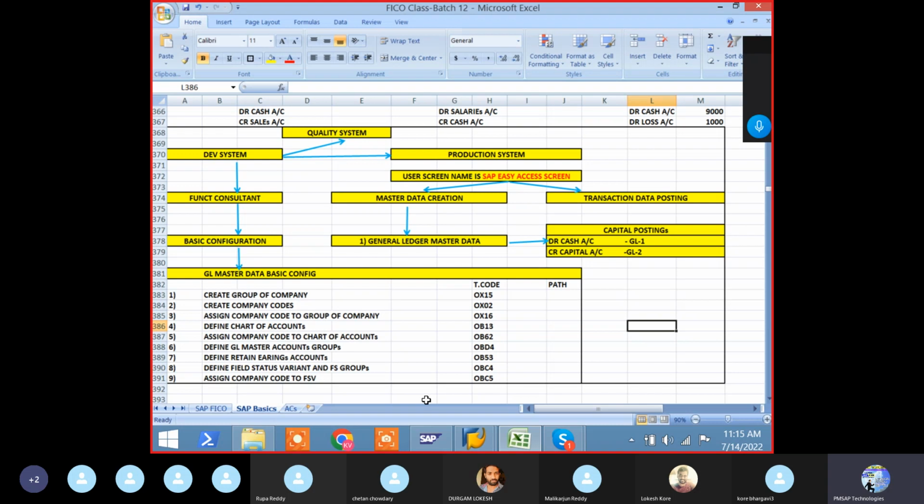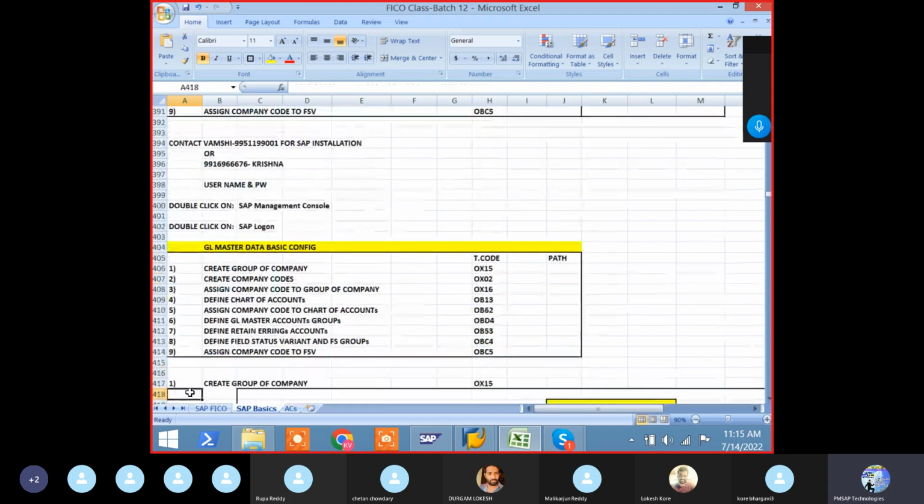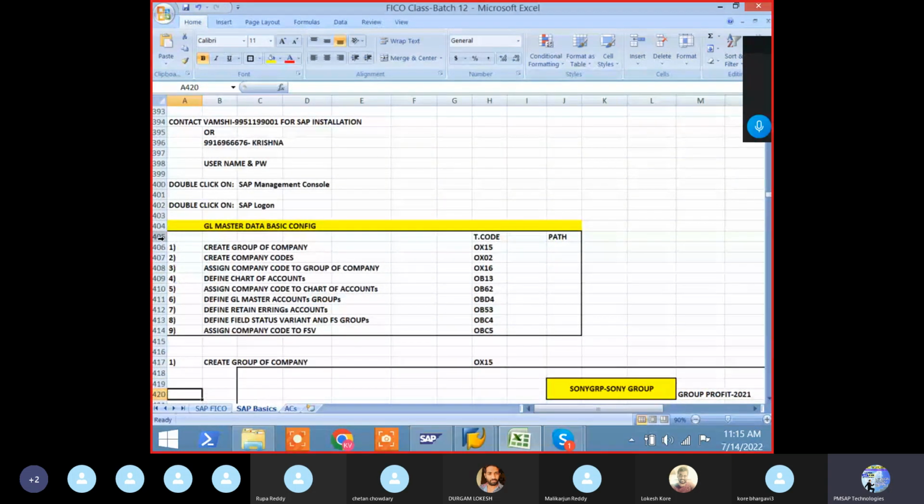Okay, right? So next one, I will start the configuration. I will start the configuration part. How to open the system, I will explain this part. And next one is